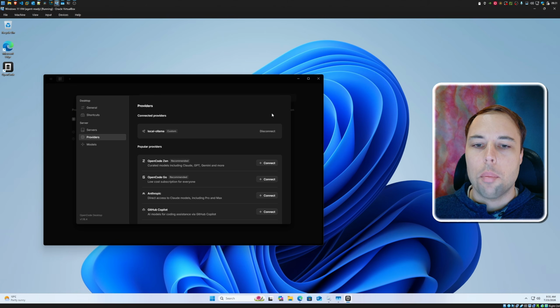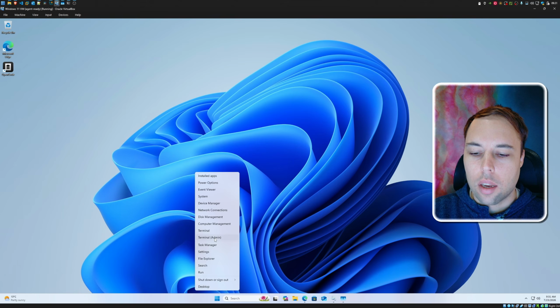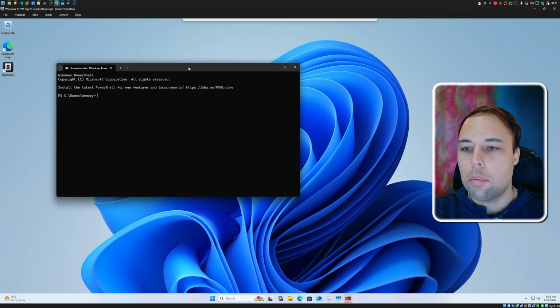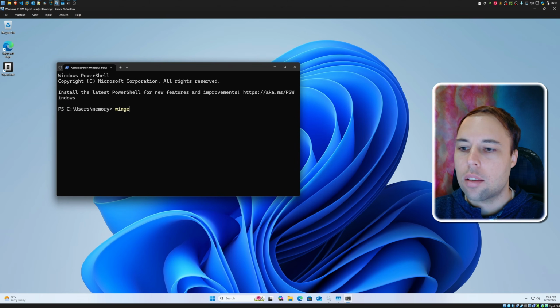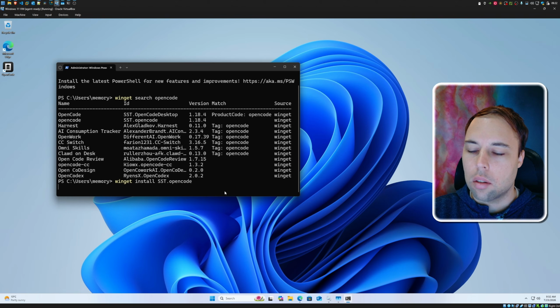But now I'm going to show you how we can install the terminal version of OpenCode on Windows. So to do that, just right click on your start button, then open the terminal as admin, accept any prompts you might get. And this is all inside of the virtual machine, by the way. And then we're going to type winget search OpenCode, and then you'll find the first two results. The first one is the desktop version, and then the second one is the terminal version, and that's what we want. So you can highlight that ID right there, then press Ctrl and C to copy it, and then we're going to type winget install, and then press Ctrl and V to install OpenCode. So I'll press enter, and it'll start installing that.